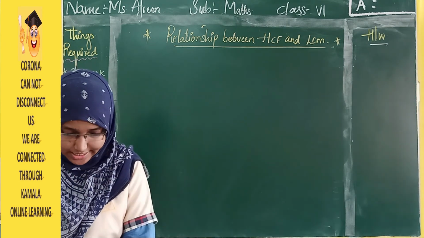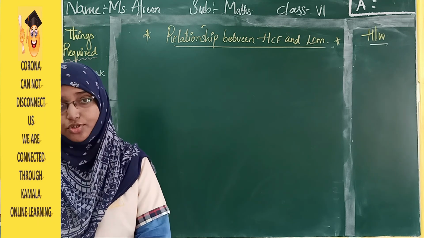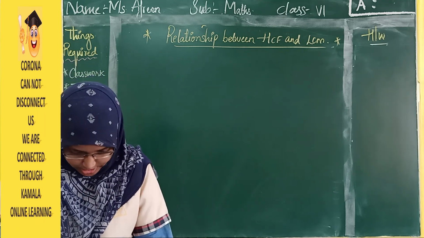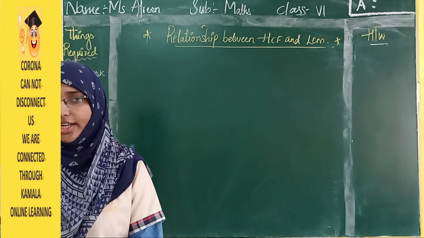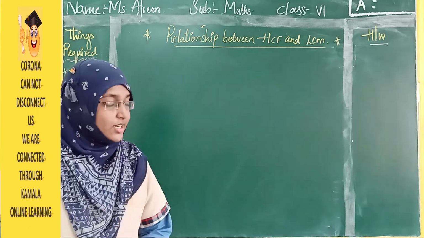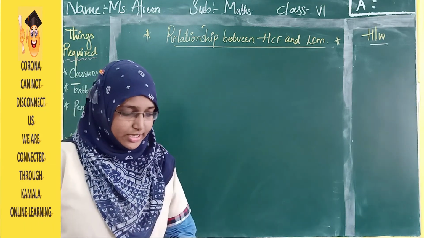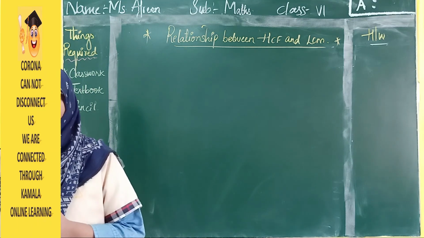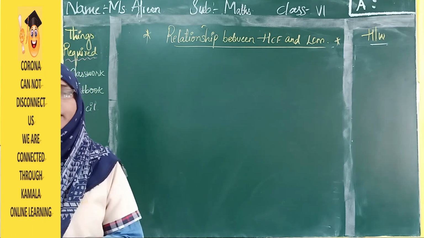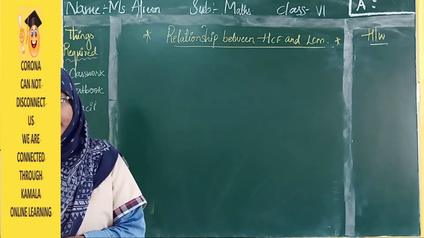So yes students, in the last session we have completed our exercise 3.5 and I have given you only 2 problems to complete, and I hope that the measuring tape problem, by using the division method, that is finding LCM, you got it. Yes, so today we will start our next topic, that is the relationship between LCM and HCF, or HCF and LCM. So we have come to know what the methods are to find HCF and to find LCM, both, right? Now what is the relationship between them?